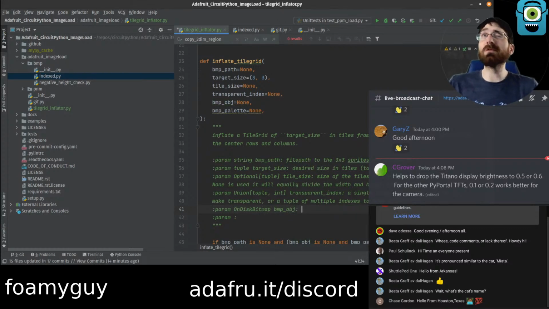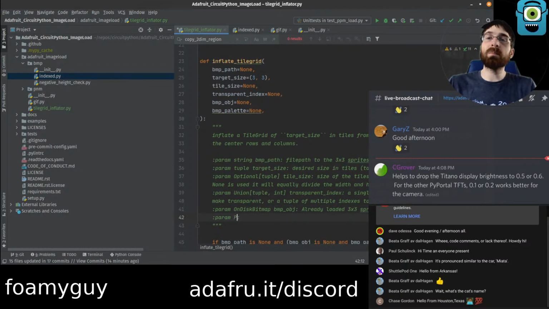It probably would work with an actual bitmap instead of an OnDiskBitmap as well, but if you want to use a bitmap and not an OnDisk, then you should just use path. I think so. We'll type it as OnDisk because that's kind of the intention. OnDiskBitmap bitmap object. So this is already loaded 3x3 sprite sheet in an on disk bitmap.